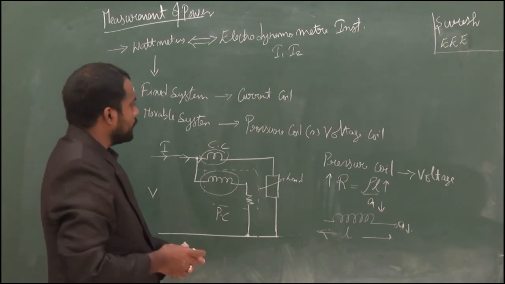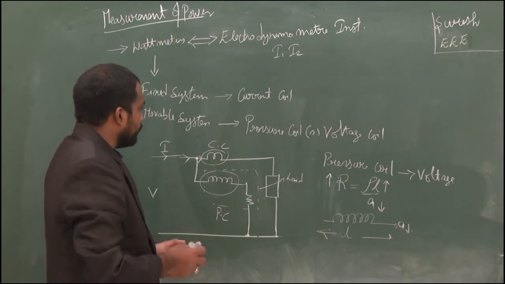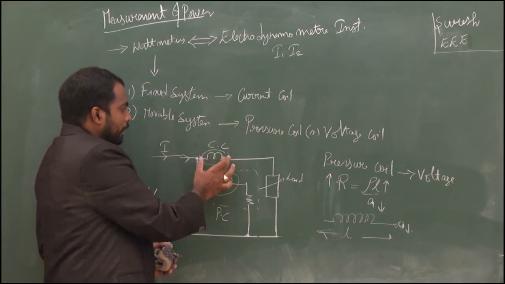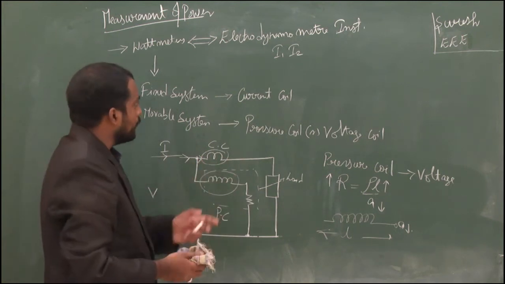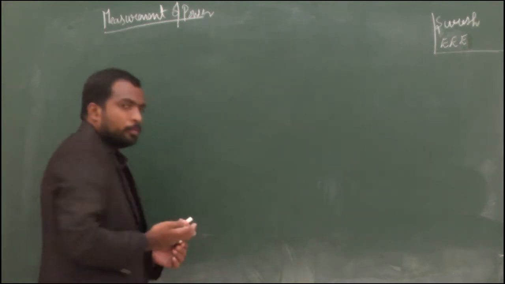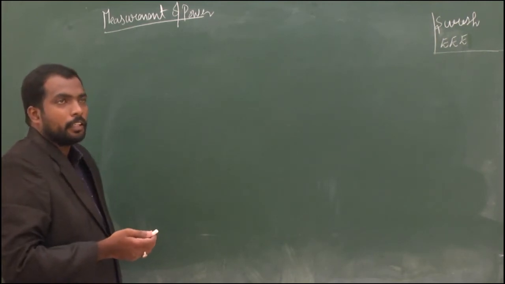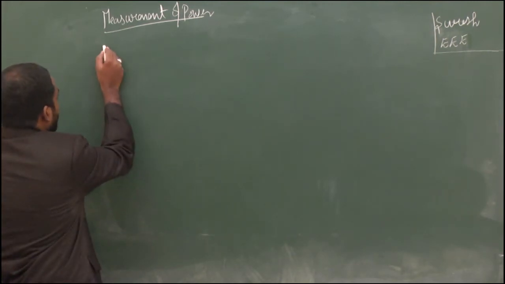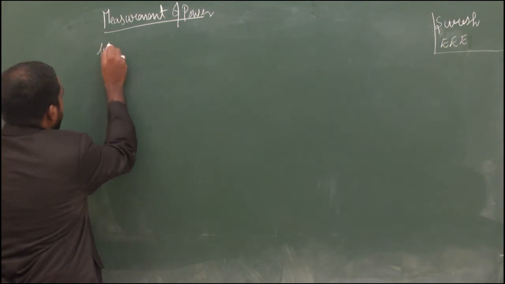So this is the simple design of a wattmeter type instrument where the current coil is measuring the current and the pressure coil is measuring the voltage across the load. Now we will discuss the instantaneous torque equation of a wattmeter. So let us consider